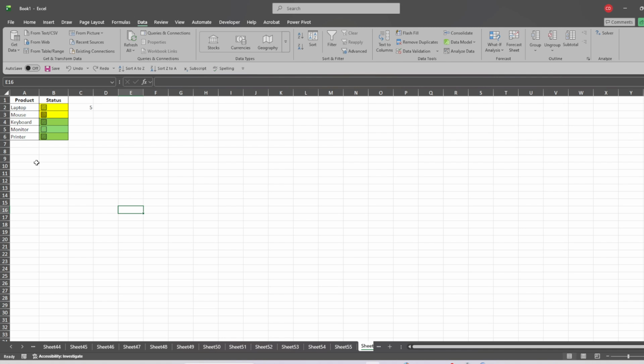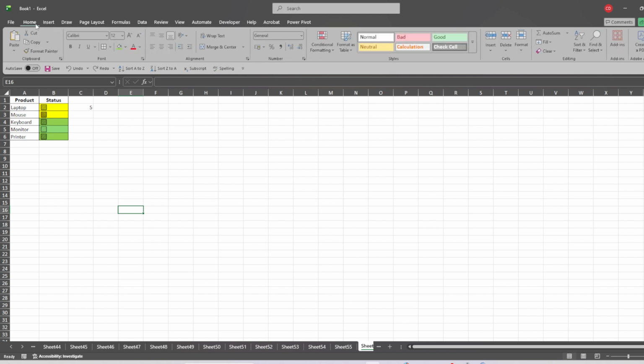It's important to know that Excel does not have a standard built-in formula that directly counts cells based only on their fill color. Because of that, people usually rely on a few workarounds. Common options include filter by color, the subtotal function, GET.CELL through a named range, or VBA. In this video, we're focusing on one of the simplest and most practical methods, using filter by color together with